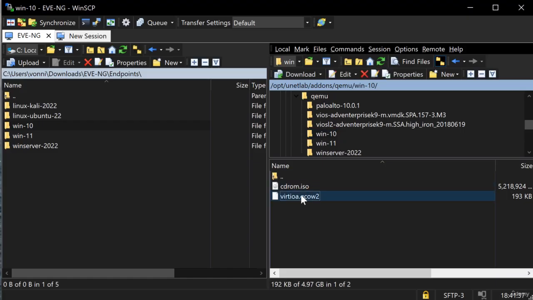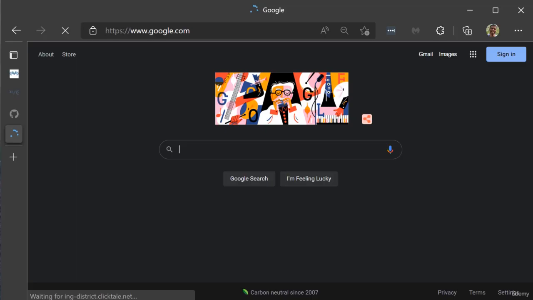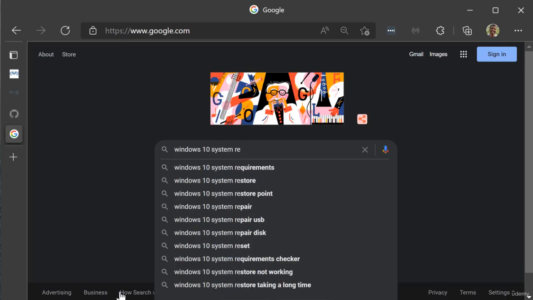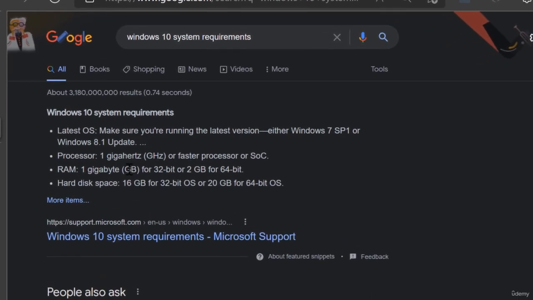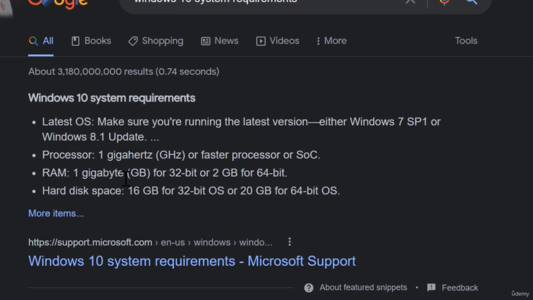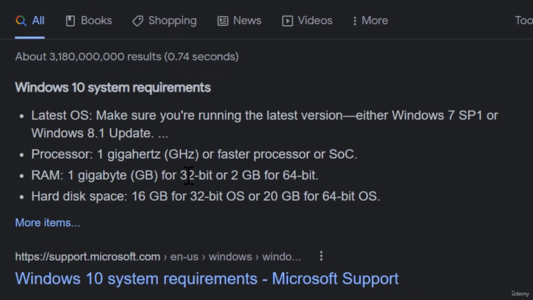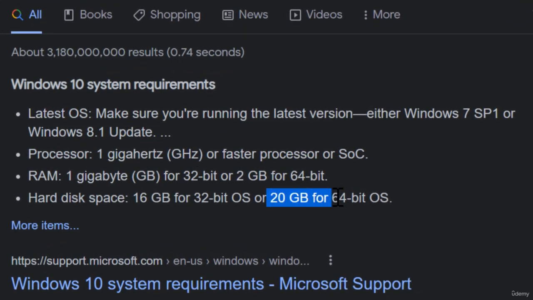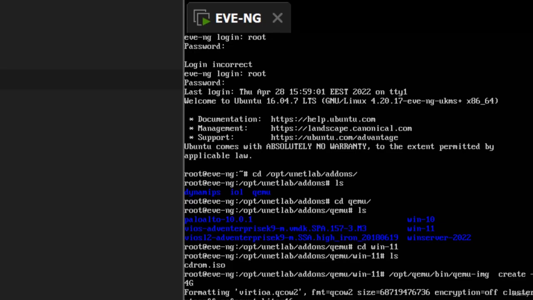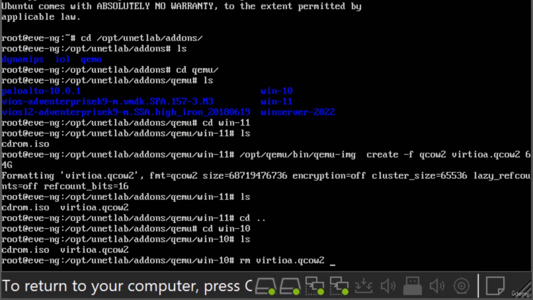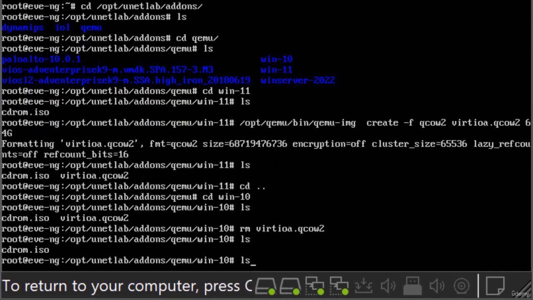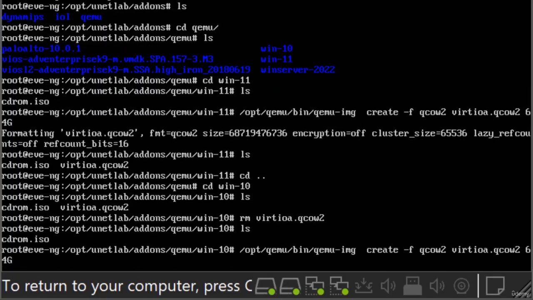Then to create this hard drive, I needed to know the system requirements for Windows 10. You can see here, we can get by with one processor, one core, and then it looks like 20 gigabytes of hard drive space will be enough. But we can go for 32. So let me show you how I do this. I'm going to remove the one I created previously. And then I'll just create 32 gigabytes